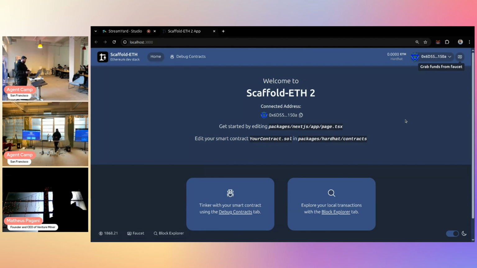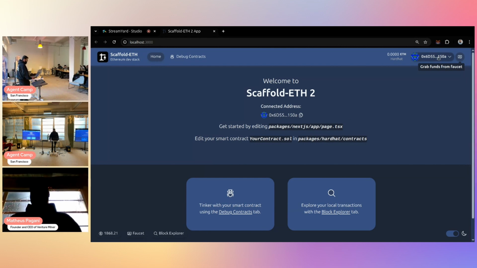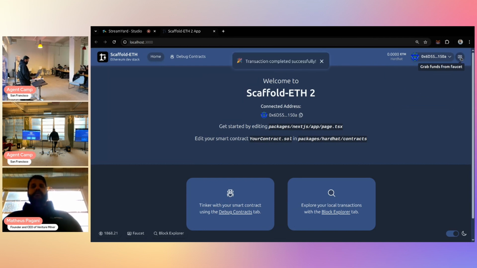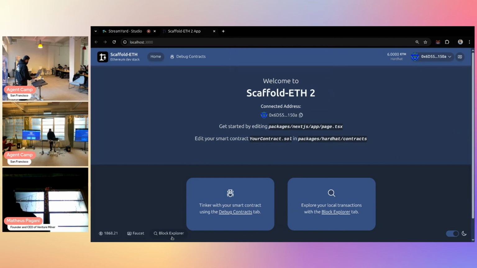All of it already pre-configured. So I have this address here in my computer. I can ask money from the faucet, click here, and my balance is going to increase: 3, 4, 5 ETH, 6 ETH. Only if it was that easy in real life, right?